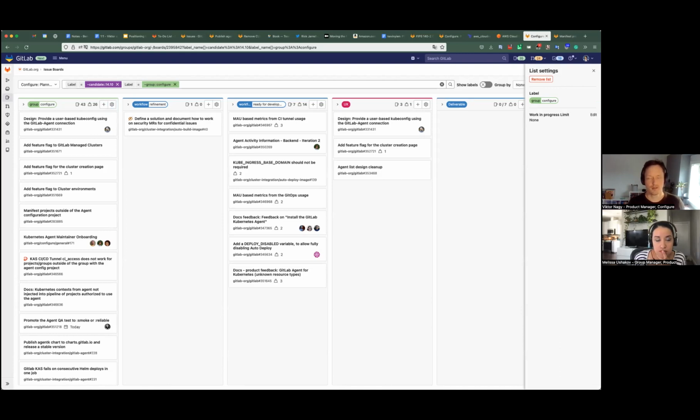Because, like, what if I want this column to be group configured? That's fine, but even for a minute, let's exclude everything that's ready for development, because I'm really looking at prioritizing the planning. So what needs refinement? And this happened just today. What I had to do is that I excluded the ready for development label from the whole board, and then I had a shorter one here. So I would say these are the primary things that I